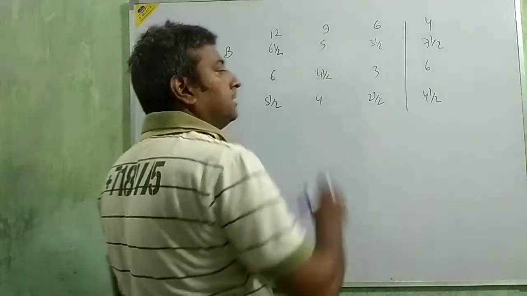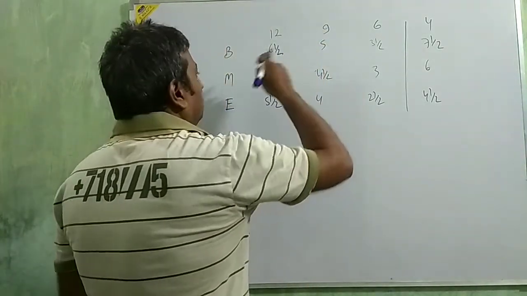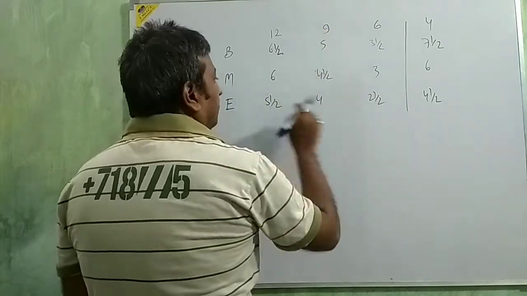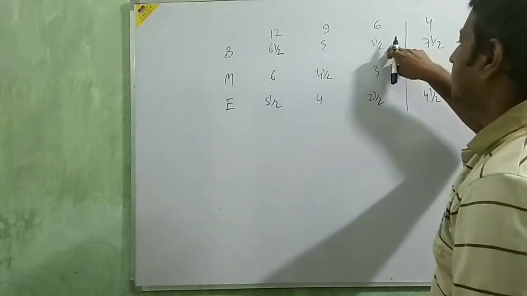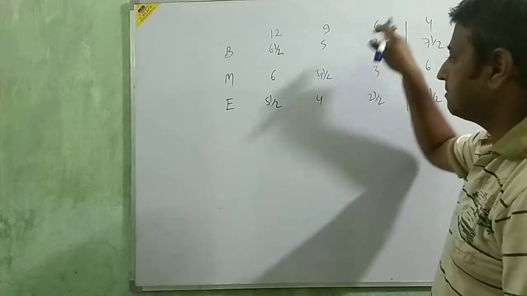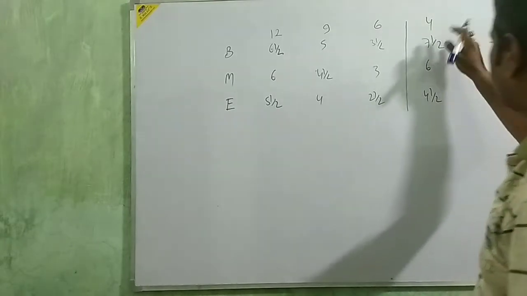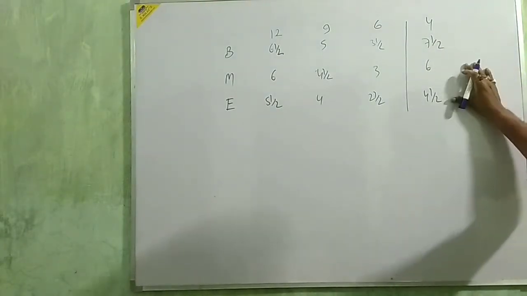If 9 months, then 5 months. If mid 9 months, 4.5 months. If end 9 months, 4 months. 6 months beginning, 3.5 months. 6 months mid, 3 months. 6 months end, 2.5 months. For the quarter it's separate, no relation with this. 7.5 months, 6 and 4.5.